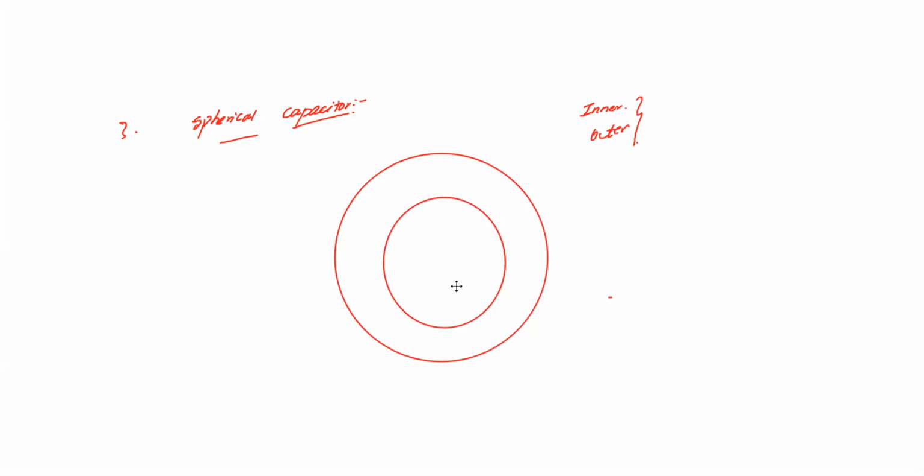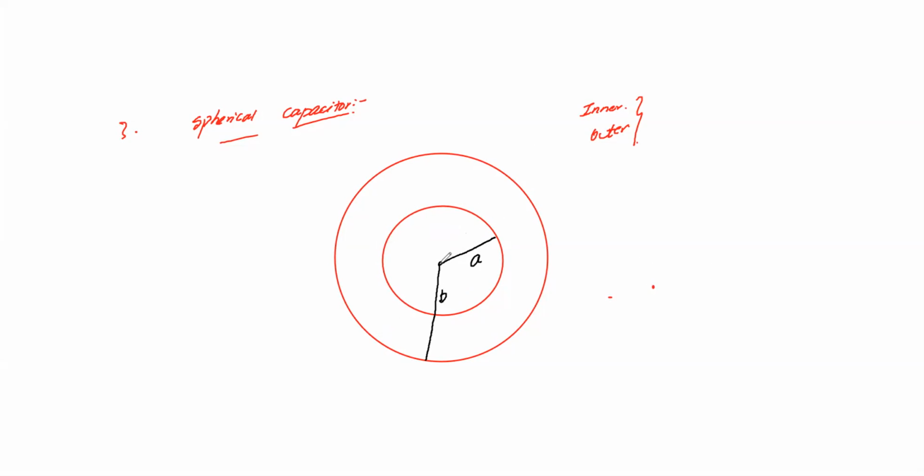Let's see the relations. There are two concentric spherical shells like this. I assume this is the bigger one, and I'll take one more, which is smaller, like this. So there are two spherical shells. From the center there are two different radii. From the center to the smaller one, the radius is A. From the center to the larger one, I'll take the radius as B. Remember it: A and B, smaller and larger spheres.